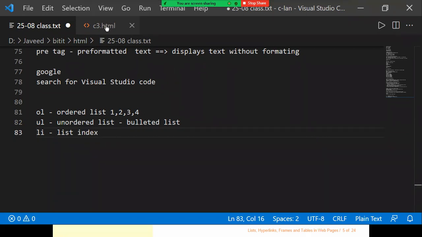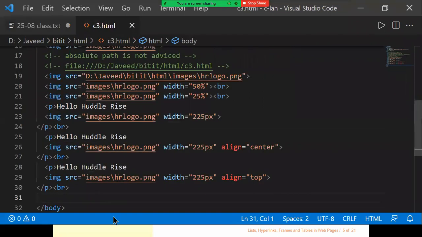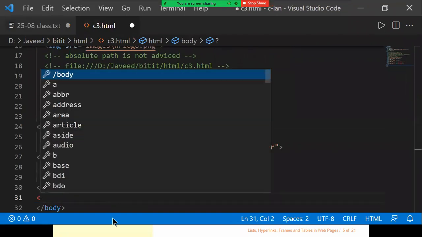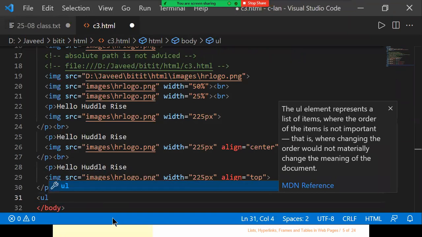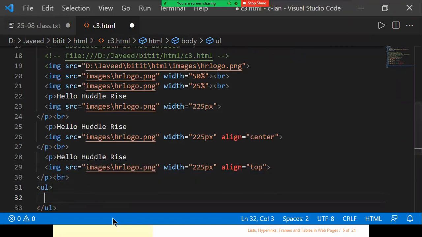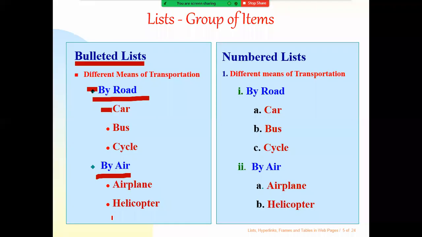Now let us see one by one. Now I want to have an unordered list, and in this I'll be using the list item. I want to use it like a bulleted list.